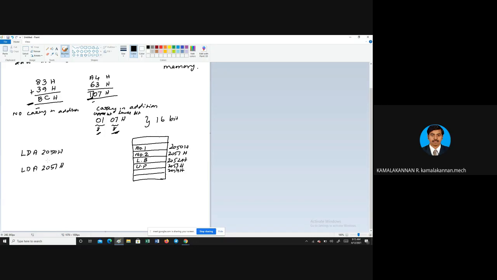One number gets read over the other number, so it will get overwritten. So what should we do? First, the data we received, we should move it: MOV B, A. So here I am moving the first data received in the accumulator to B. So once the number you have got is stored in the accumulator, in the second step you move that data to the B register. Okay, now A is free.